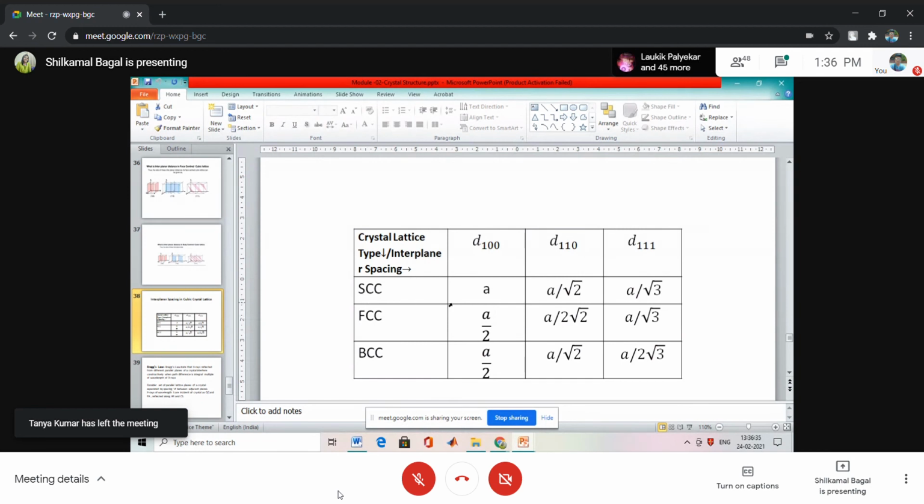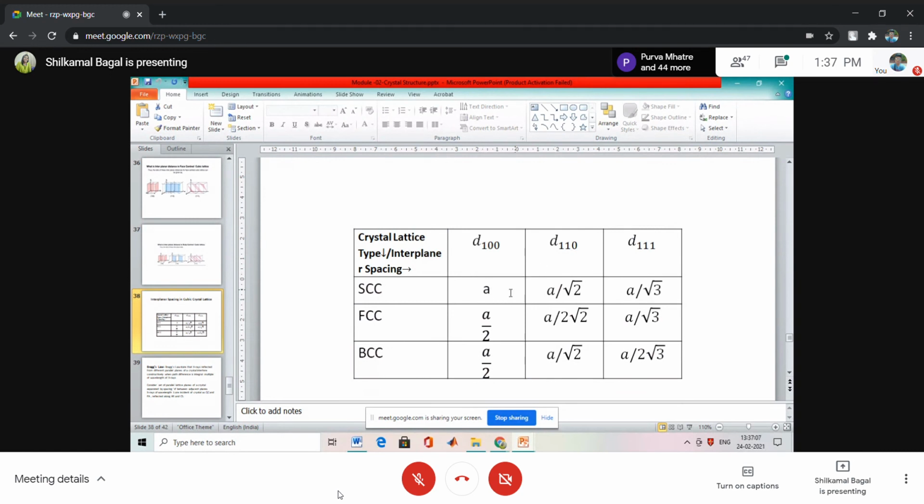ये एफसीसी है तो ये रेशो ये होगा, बीसीसी है तो ये होगा. See, there is not any other parameter except a. और a तो तीनों में सेम है, so we can cancel it, then it will remain same. कोई भी क्रिस्टल है, वो अगर एससीसी स्ट्रक्चर है उसका, so this ratio of these principal planes interplanar spacing का वो कांस्टेंट ही आएगा, 1 as to 1 upon root 2 as to 1 upon root 3.